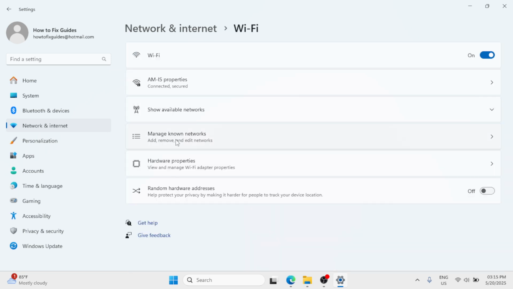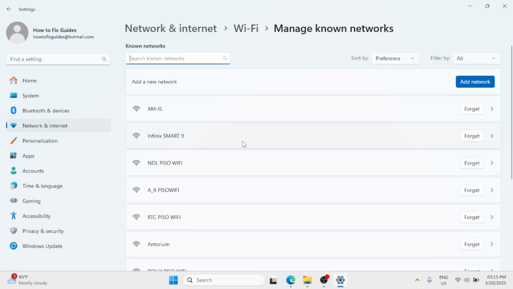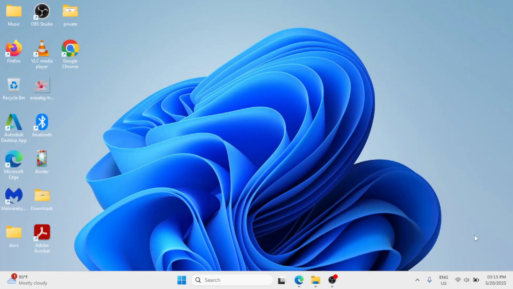And here you'll find the option Manage Known Networks: Add, Remove, and Edit Networks. So here you have to look for the network connection that you are having trouble with. So I am having trouble with this network connection. So you have to click on this Forget button. Once you click on the Forget button, then you have to close this window and click on the Wi-Fi